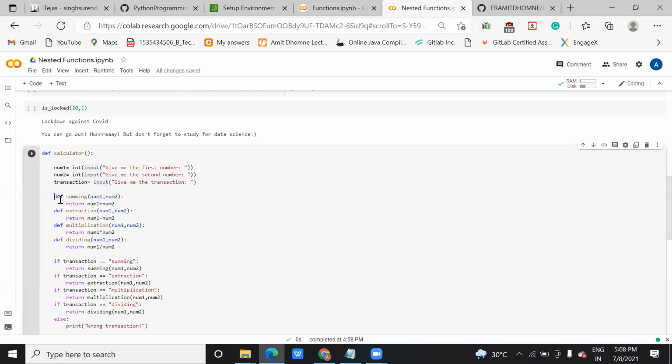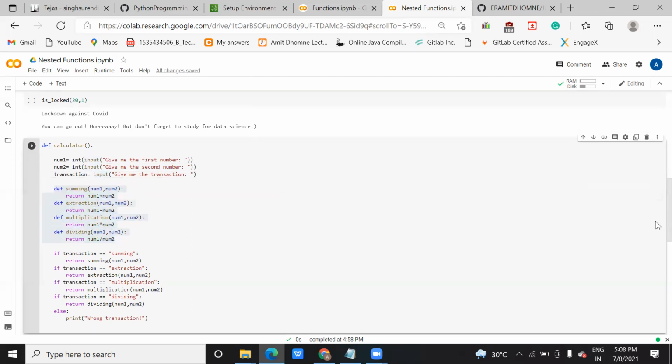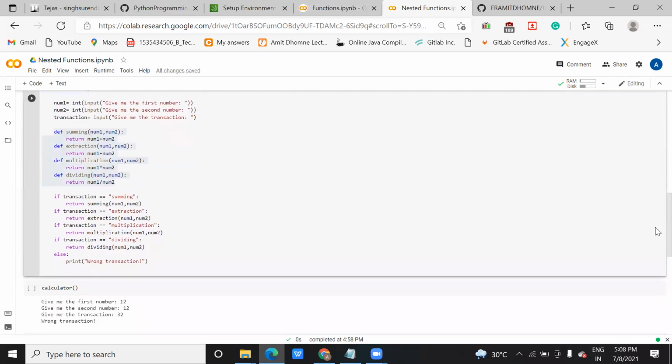Now this is your main function. As we define a function calculator, it is based on arithmetic calculation, like summing. You can take sum, you can take sub, and multiplication, okay, let it be multiplication itself, sum and sub.